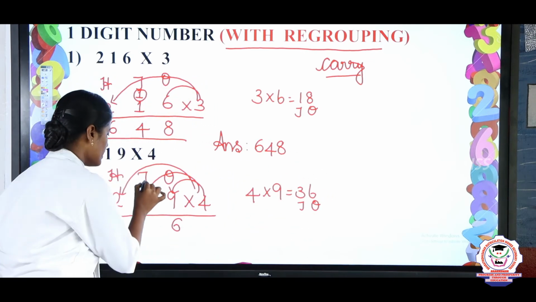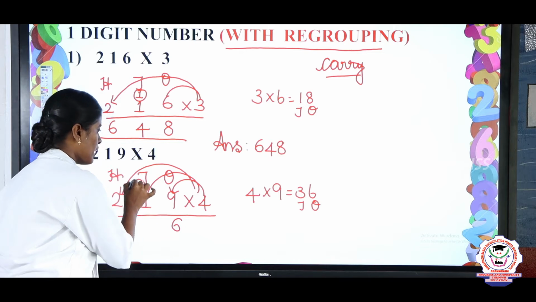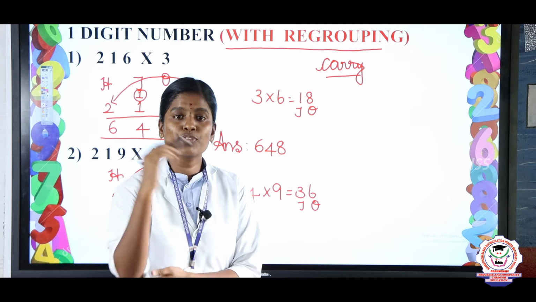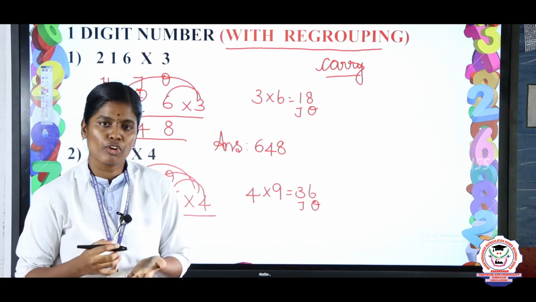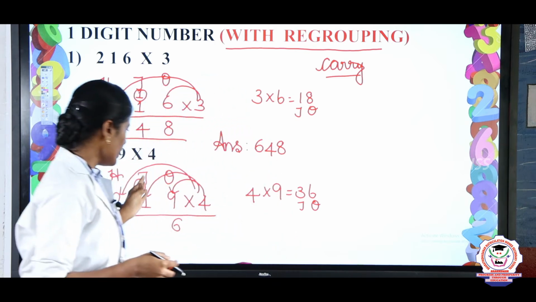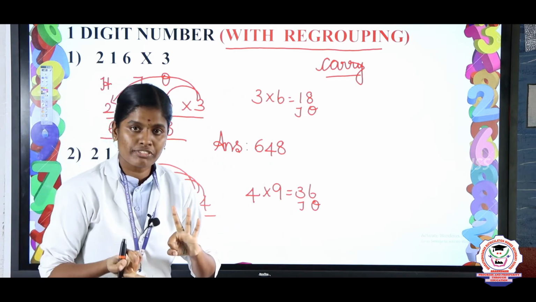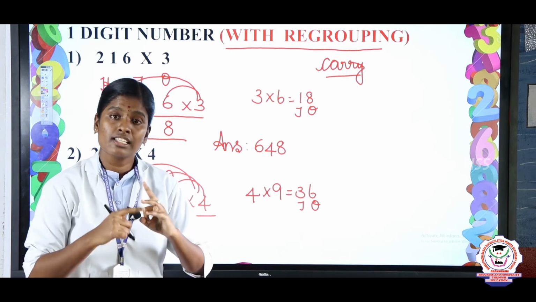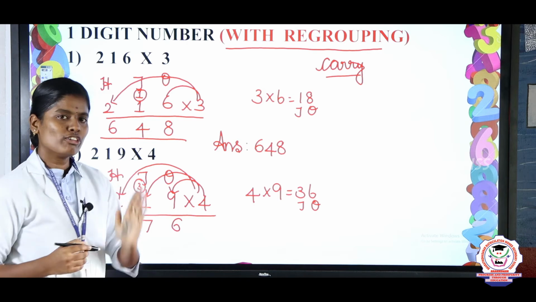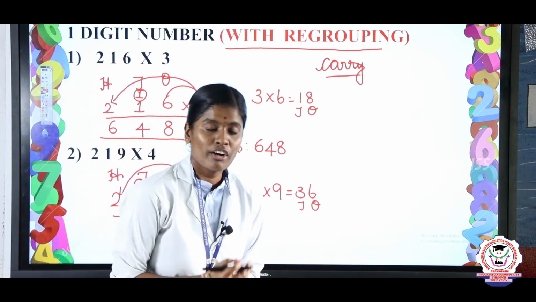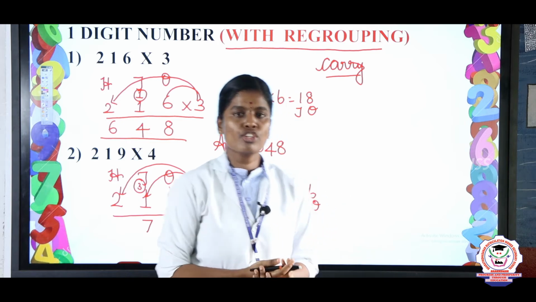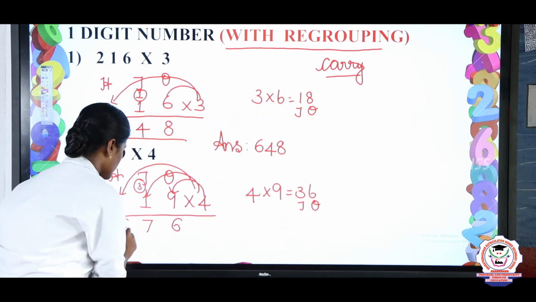So here write 3. Next you will take 4 ones are. So what is the answer? 4 ones are 4, that is 4 times 1 or 1 times 4. Keep 4 in the mind and 3 on the finger. So 4, after that 5, 6, 7. So the answer is 7. Next you will take 4 twos are. That is very easy for you. 4 twos are 8. So the answer is 8.